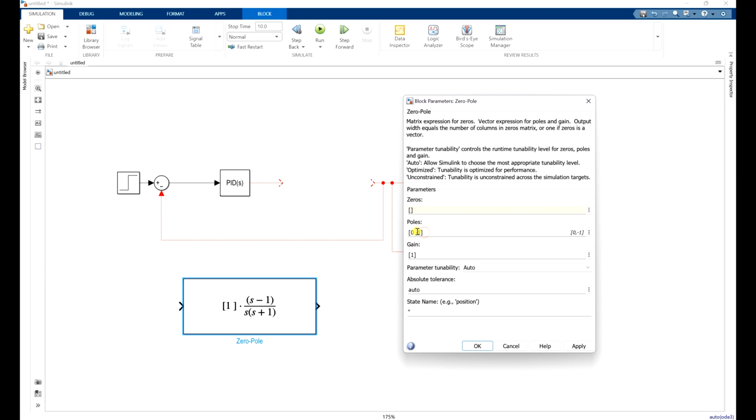What about poles? We have 3 poles. We have 1 at 0, 1 pole at -2, and 1 pole at -3. So if you click on apply, you will have this transfer function, gain of 1. We don't have any kind of zeros here, and we have 3 poles, 1 at the origin, 1 at -2, and 1 at -3. You can see at -2 we have a pole, and at -3 we have another pole. Remember, this formula here, numerator and denominator, is different from this transfer function. Okay,